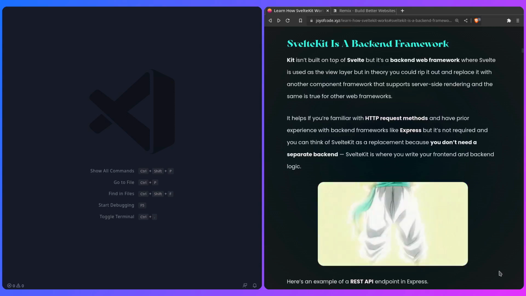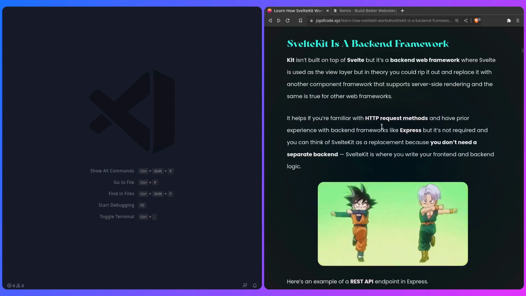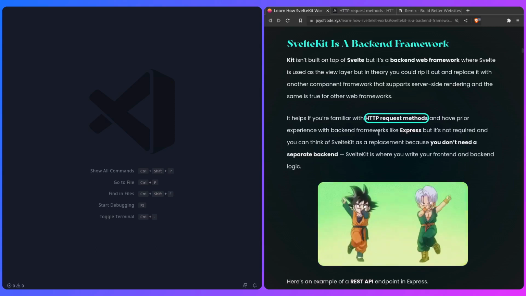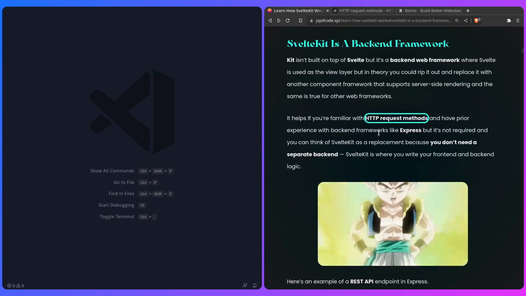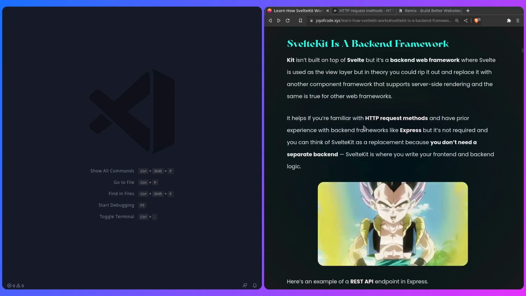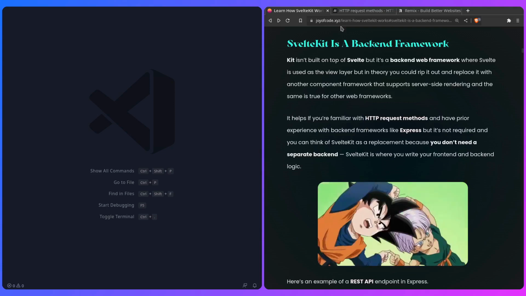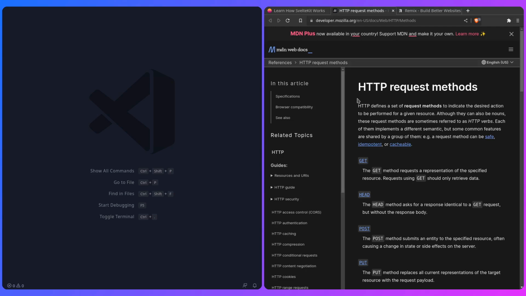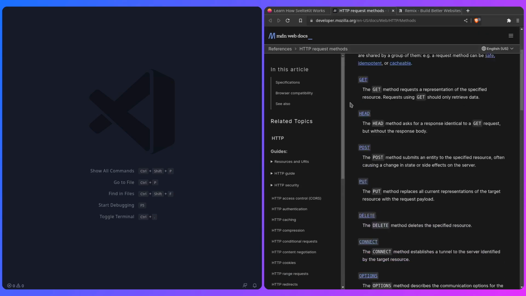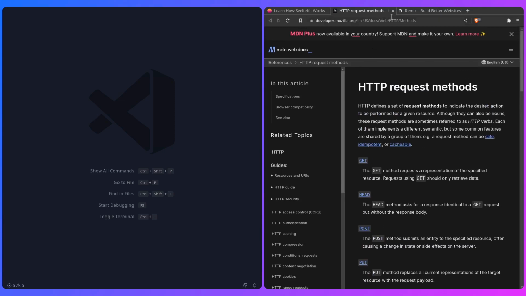So it helps if you're familiar with HTTP request methods, and if you have prior experience with backend frameworks like Express, but it's not required, and I'm really not a backend person. But as I said, you can think of SvelteKit as a replacement because you don't need a separate backend. SvelteKit is where you write your front-end and backend logic. And you can read on MDN about HTTP request methods, all the good stuff like get, head, post, put, delete, and etc., which is going to be